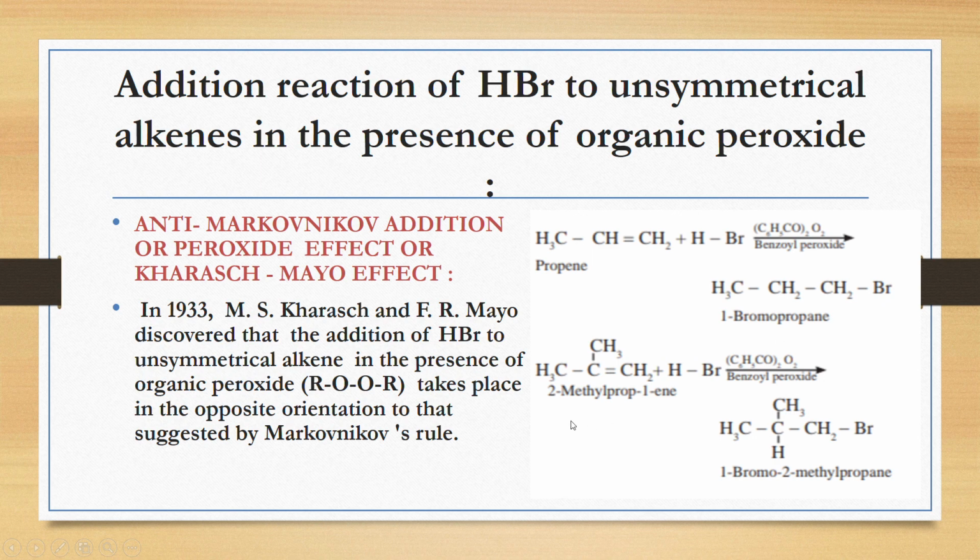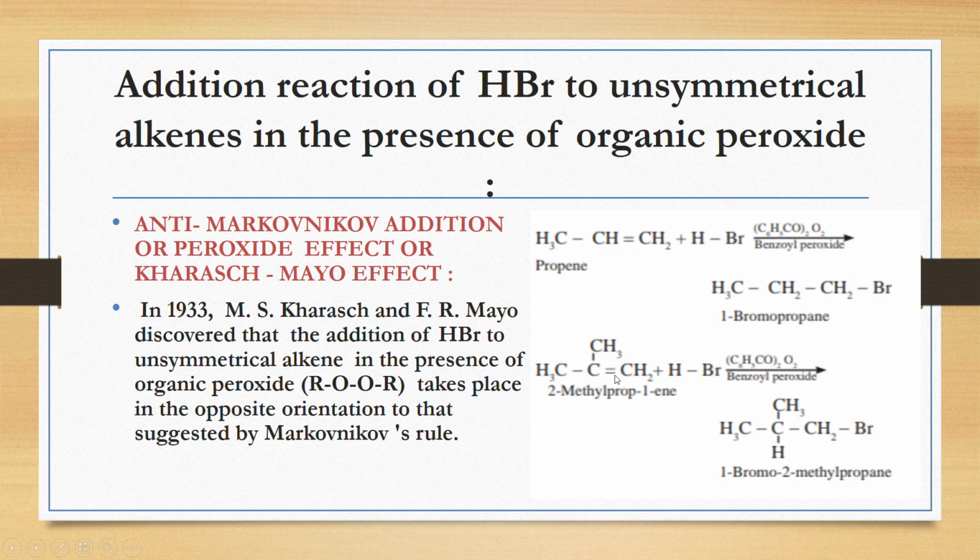Here is another example of 2-methyl-prop-1-ene in which HBr is added again in presence of peroxide. So once on the arrow peroxide is written, we are carrying out the reaction in peroxide and then peroxide effect is required to decide the major product formed during the reaction. So again this double bond will get open up and this time bromine will get attached to the carbon having more number of hydrogen over here. This carbon doesn't have any hydrogen. So across the double bond addition is taking place.